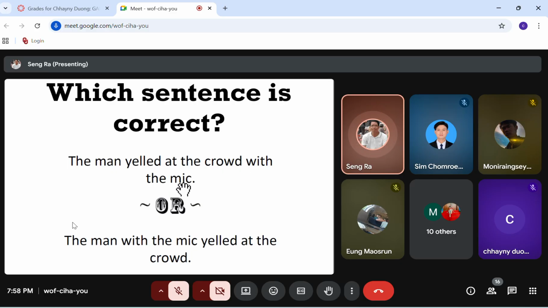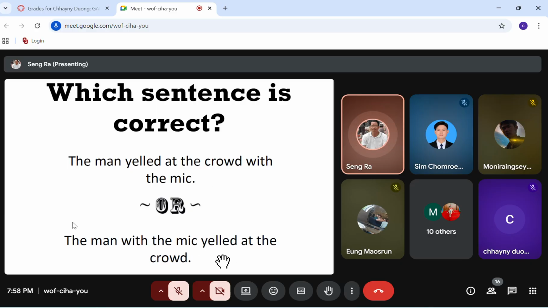But I don't think the crowd has the microphone. It sounds like everyone in the crowd has a microphone, which is impossible. Okay,